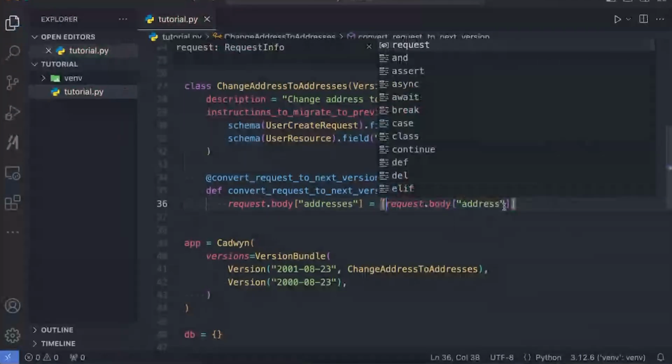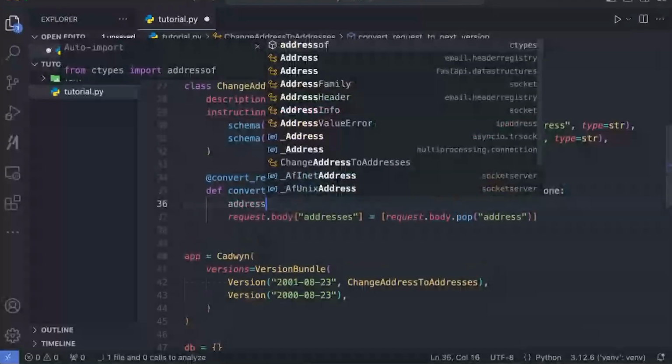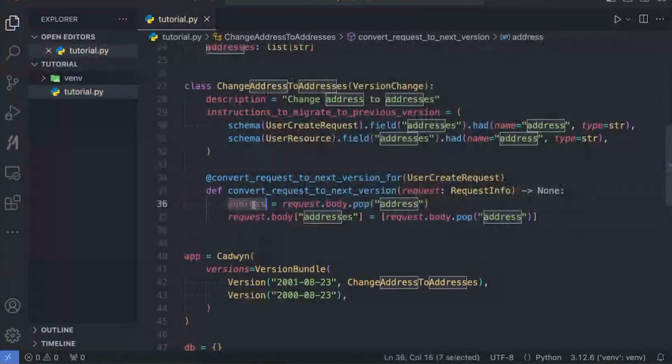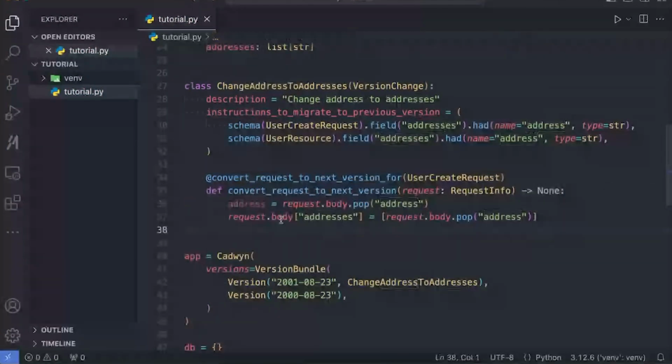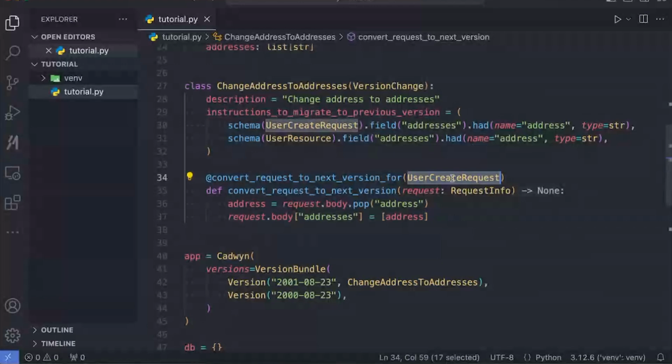Okay, there is a lot to unpack here. Allow me to help you understand that. So what we do first is we get the address here. We get the address that is in the old request. We pop it from the body so it's no longer there. And then we create a new field within the request body and name it addresses and put that old address there. So this small function will convert every single request that uses this OpenAPI schema automatically, even if it's like